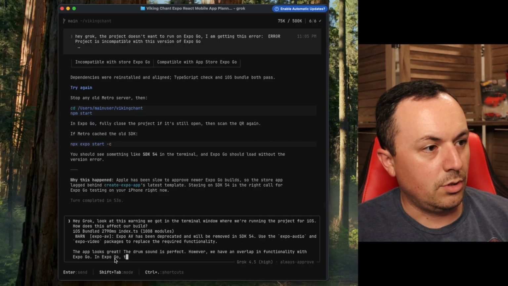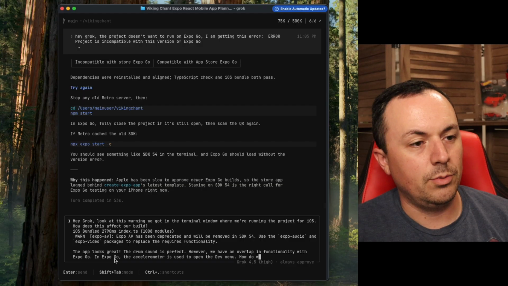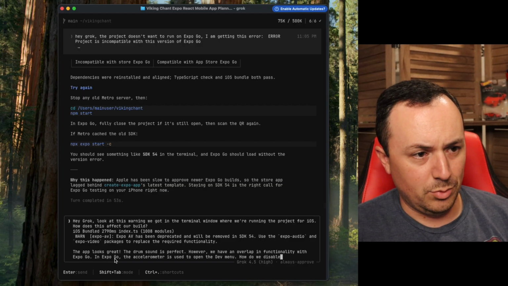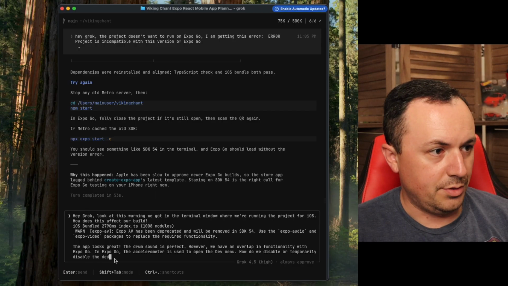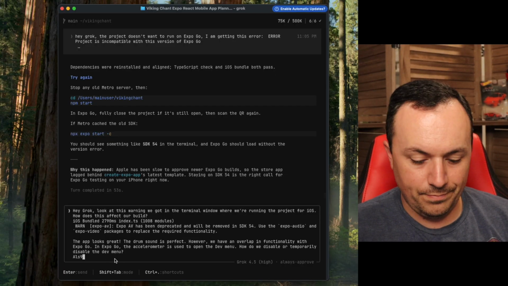In Expo Go, the accelerometer is used to open the dev menu. How do we disable or temporarily disable the dev menu? Also,